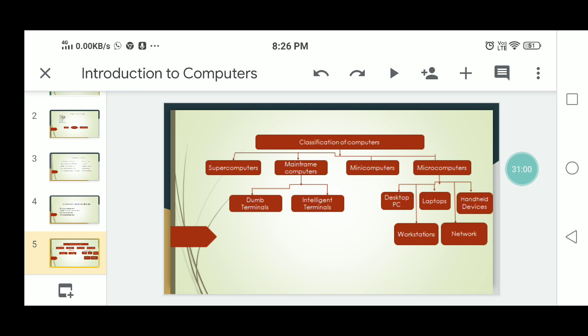Next, handheld computers, a range of small personal computing devices that are commonly known as handheld computers. These are palmtop computers and mini notebook computers. These computers are called handheld computers because they can fit in one hand, while users can use the other hand to operate them. These handheld computers are very small in size and hence have small screens and keyboards. Examples are personal digital assistants, PDAs, and cellular phones.